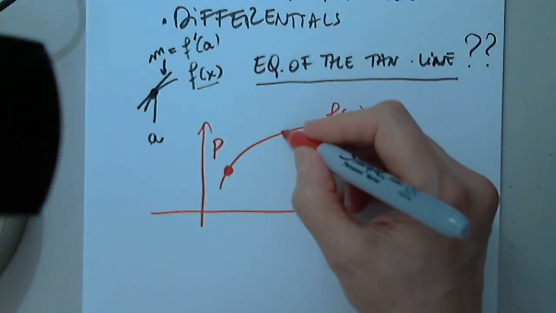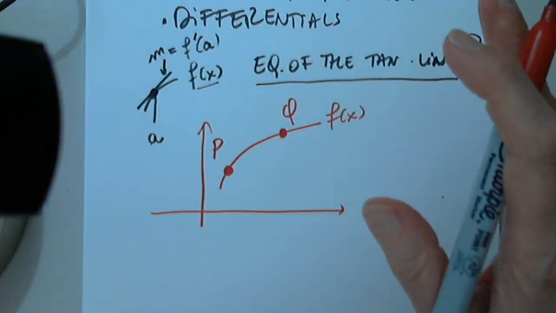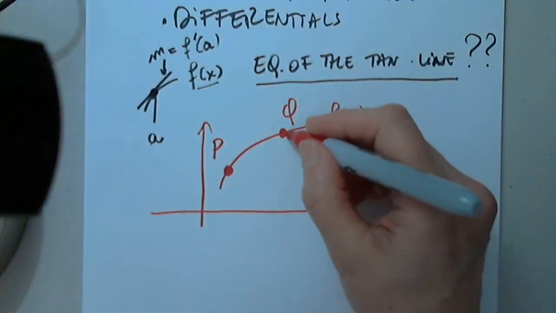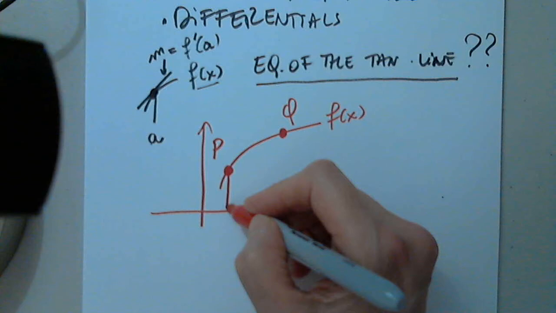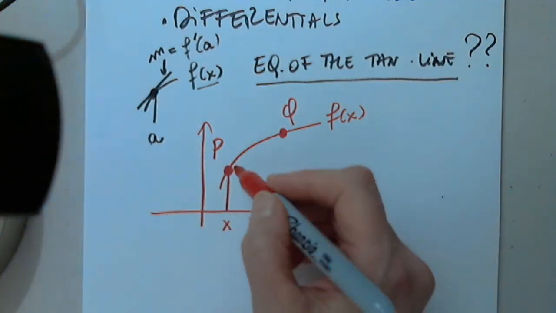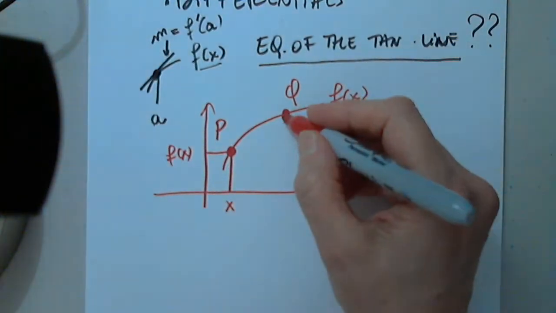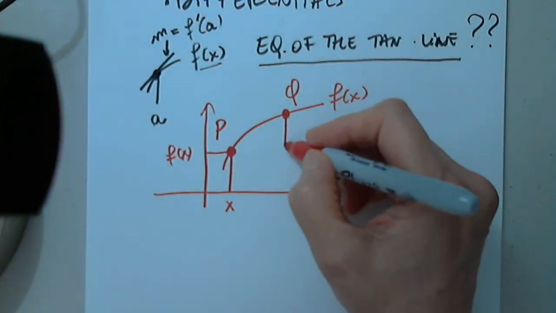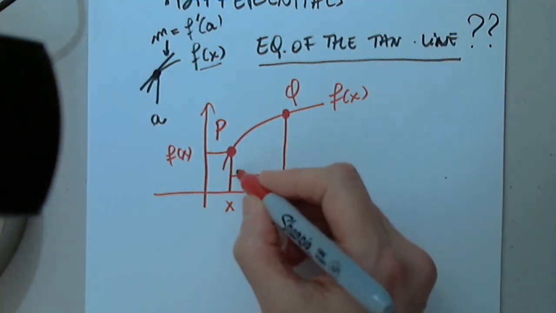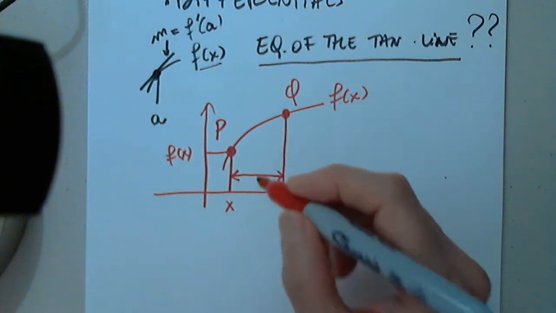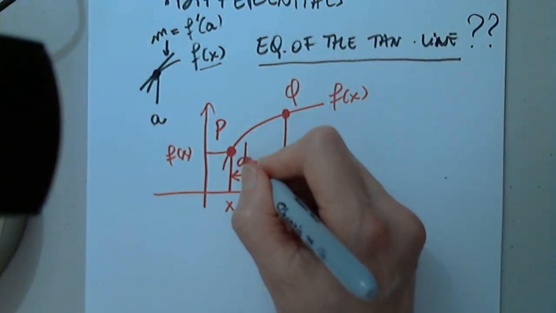And I am going to say that Q, as you know, we already talked about this, the difference quotient. We know that Q is very close to P. So we know that the coordinates here are x and of course f of x. Q is very, very close. You're going to say, why don't you put here little h, as we did before? No, we have a different notation now, dx